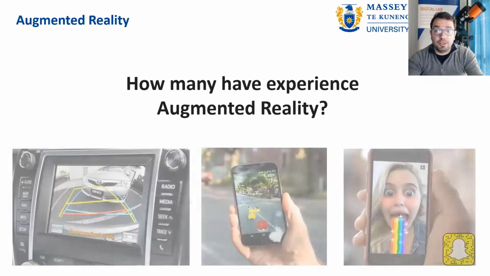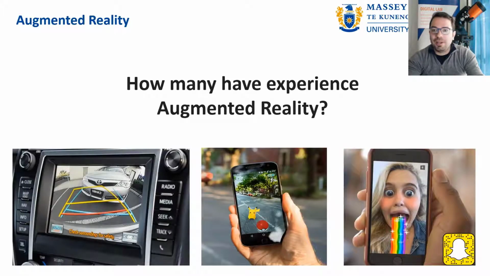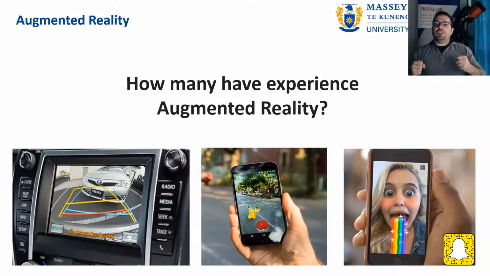But if we start seeing many applications that we already have in our life, like reversing cameras that have holograms helping us, of course, this is quite popular everywhere, and I guess you have experienced it at least once. The joke here is that in Italy we don't really need those systems because we use physics. We go back, and then when you touch the other car, you understand that you're right.